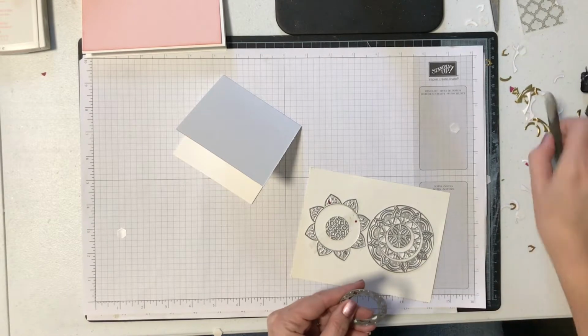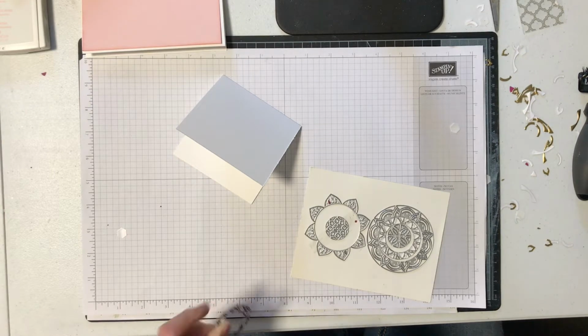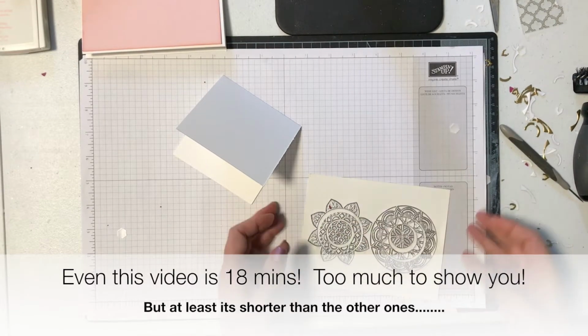They are amazing. I just realised I've still got some bits stuck in here from the last time I used it. This is actually the third time I've re-recorded this video, and I just looked at my video as I was about to post and went, you know what, that's just way too long. So I'm hoping to come up with something a little shorter for you,